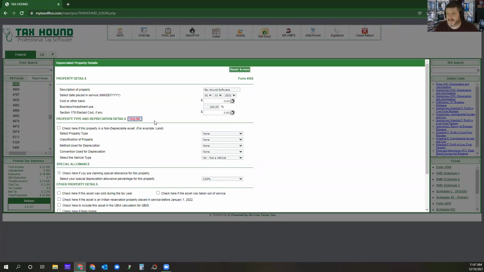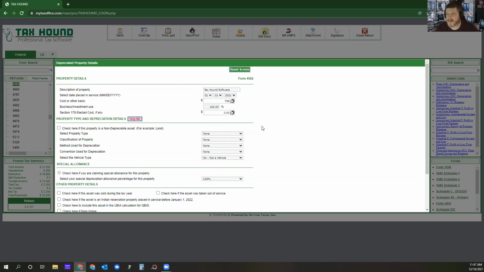So we've added this for 2021. I'm sorry about that. So we need to enter the cost basis. We're going to throw $7.99 in there. A lot of preparers don't know what the right property types are, what the methods are, the acres and makers and all of that stuff. So we've